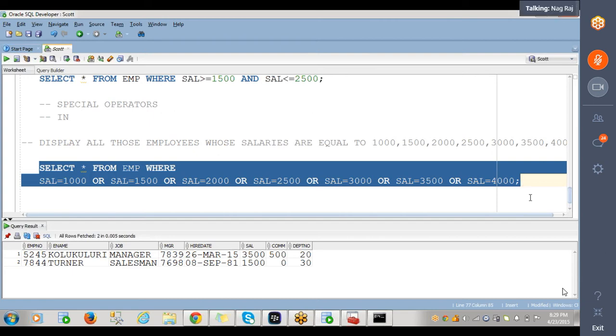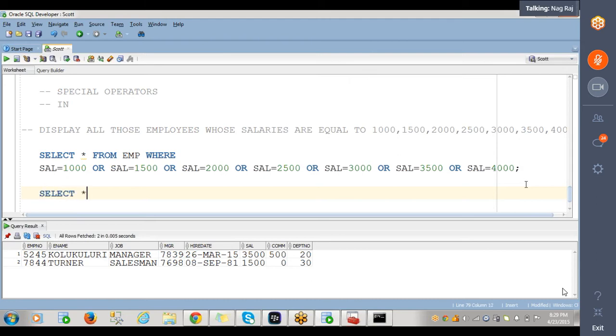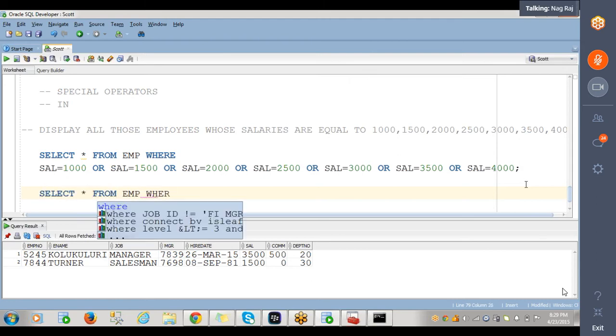To match the exact salaries. But if my list is big enough, now I said 1000, 1500, 2000, 2500, 3000, 3500, 4000, 4500, 5000, and so on. If I repeat up to 10,000, then I have to make OR conjunctions each and every time, right? So the same query can be written with the help of